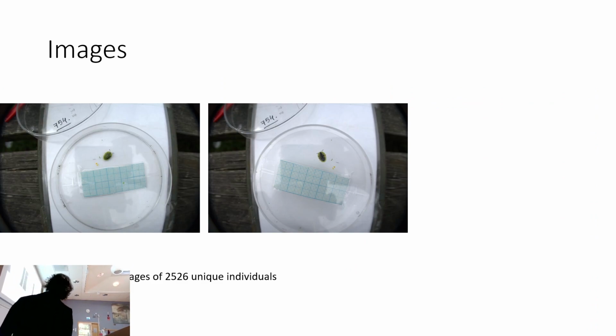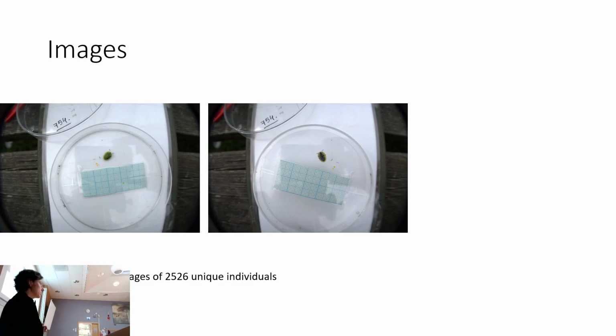This is how, I lost one image. Anyhow, this is how the images look that we get from the field photography. We take dorsal pictures of the beetles and ventral pictures of the beetles. We actually just flip the Petri dish and take a picture through the plastic. And we have almost 23,000 images of